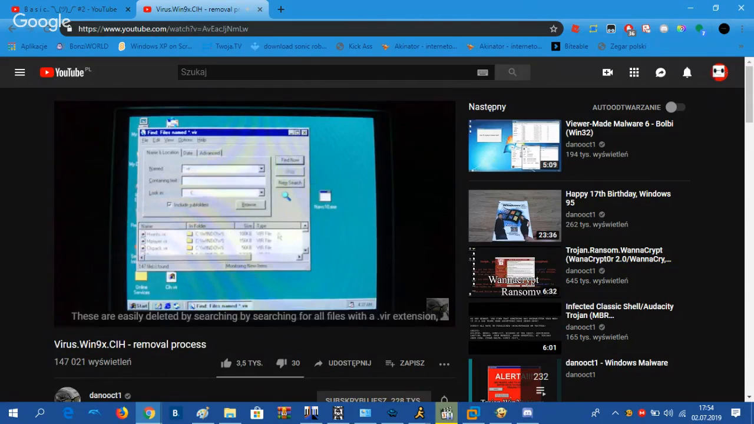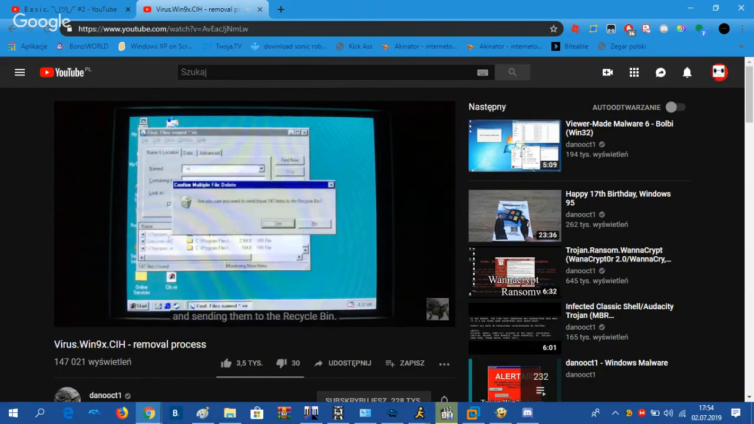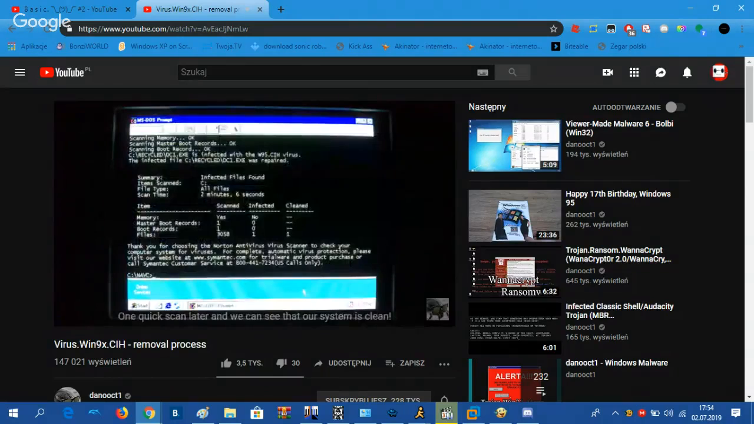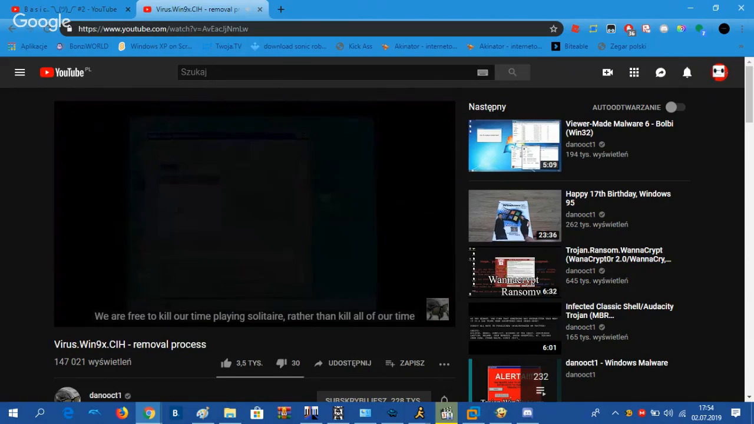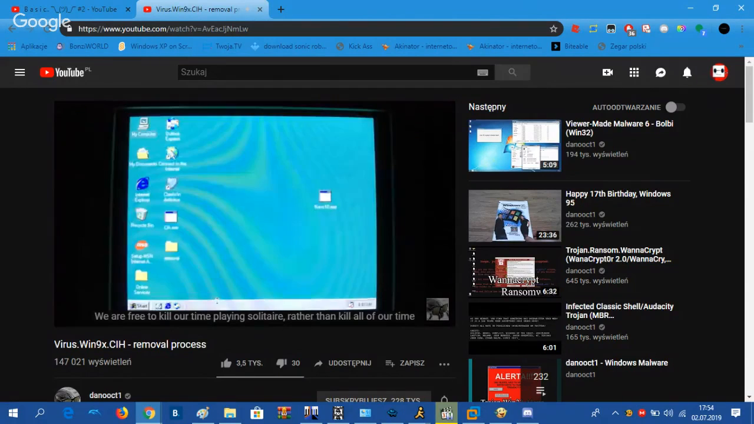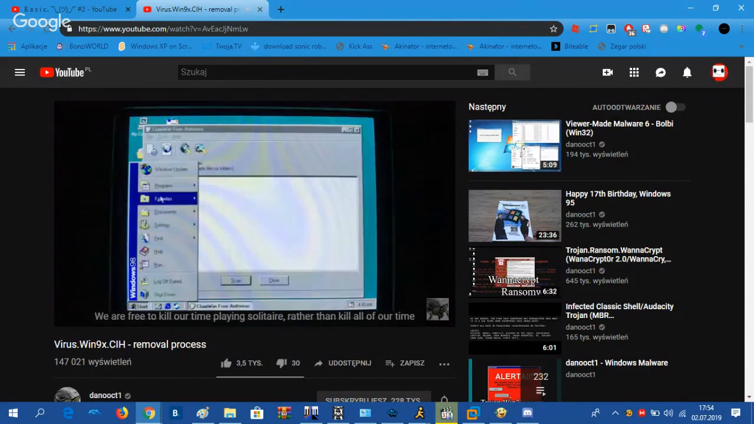These are easily deleted by searching for all files with a .vir extension and sending them to the recycle bin. One quick scan later, and we can see that our system is clean. Norton found one infected file in the recycle bin, ClamWin's tray icon, and repaired it. And now the system is completely free of CIH. We are free once again to kill our time playing solitaire, rather than kill all of our time and money